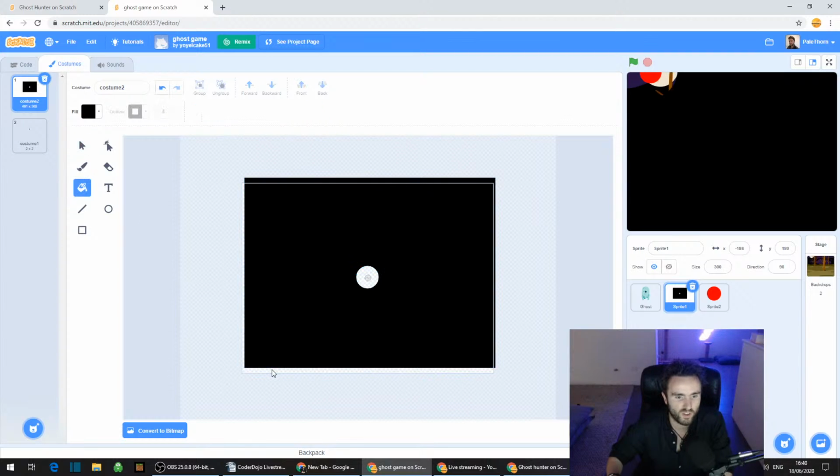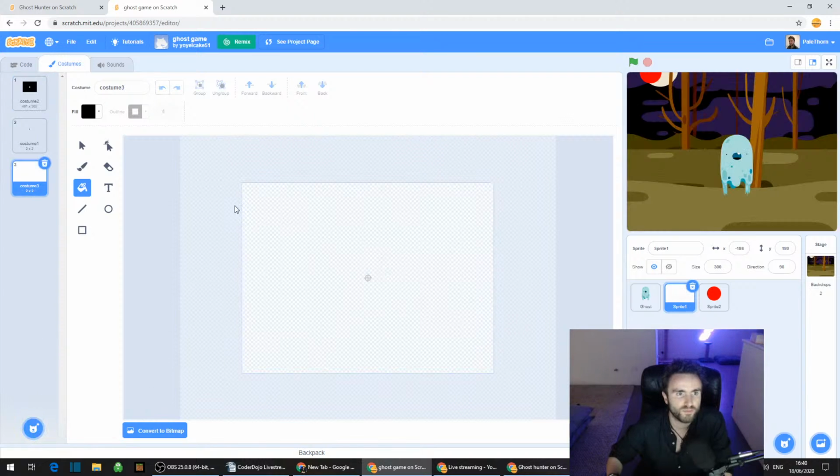Wonder if we can do it like this. No, of course not. It's never that easy. So what I would do, AD, is go to the bottom left corner. So select Sprite 1, your darkness sprite. Should probably give these some names as well so that you know what they are and what they do. Then once you're in the costumes, bottom left corner,